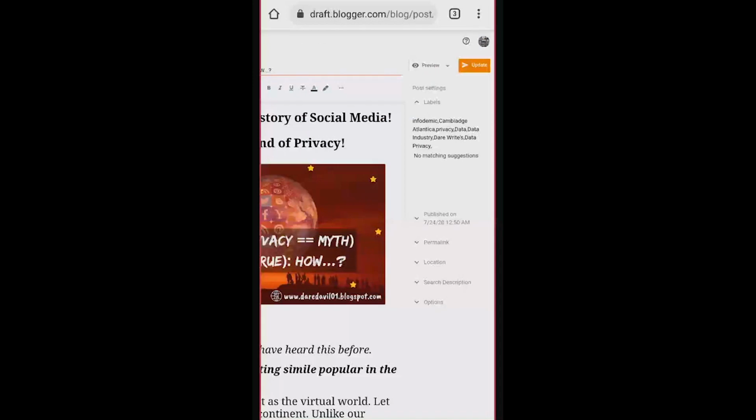The labels are infodemic, that is information pandemic, Cambridge Analytica, privacy, data industry, data rights, and data privacy. So you can see here that this is lengthy. You can always do something that you want. Don't panic. It's a work of, I think, 1 year.